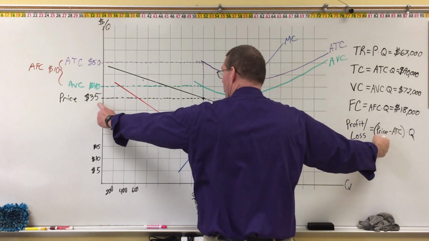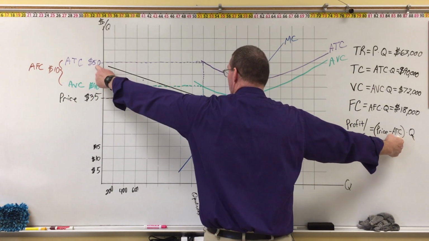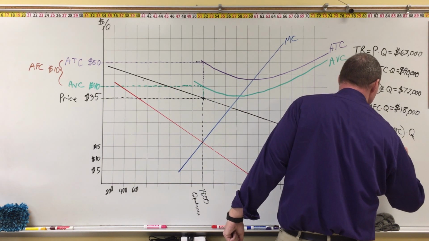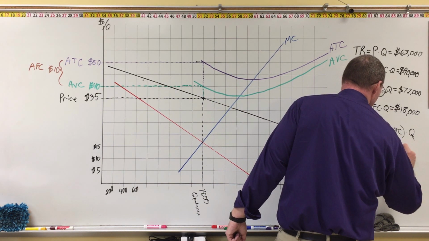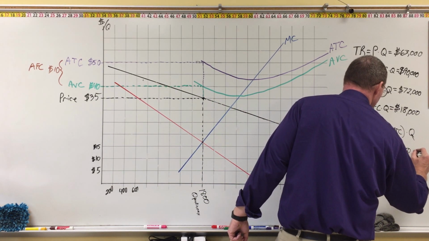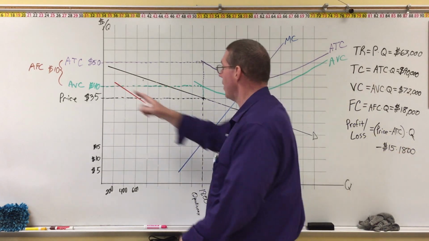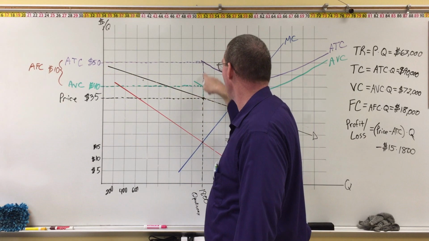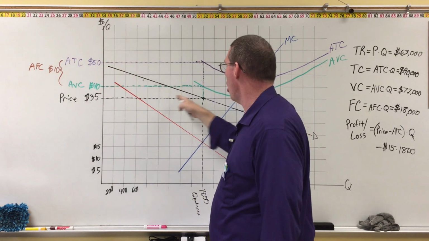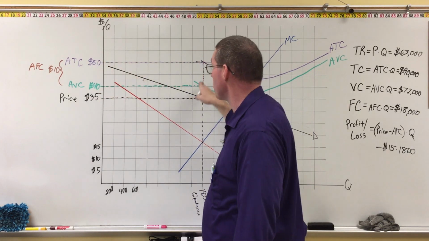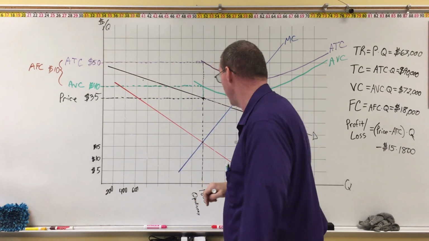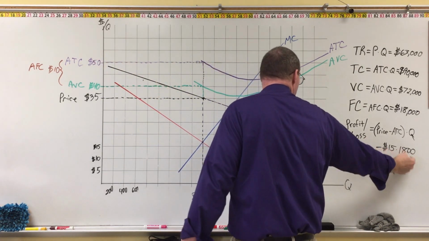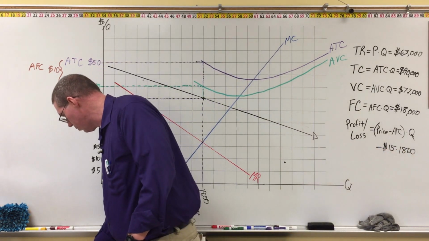Price in this case now is 35 minus average total cost, which is 50. That is negative $15 times the quantity of 1,800 units. And that is now this rectangle in here. This rectangle is now representing our loss situation. And that rectangle is much larger than the example that we just did. And so negative 15 times 1,800